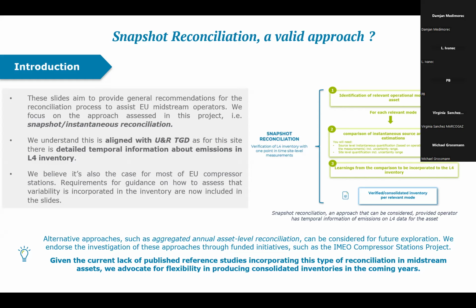And then for each relevant mode, you compare the source level measurements quantification with the associated uncertainty ranges with the site level quantification with the corresponding uncertainty range. Obviously, you would need to have both for the same mode. And then when comparing those, as mentioned, the idea is to have two independent points of view. Like this, you can compare what those different points of view provide as information, and then making that comparison, you go and improve. You verify and you consolidate your inventory for that specific mode,